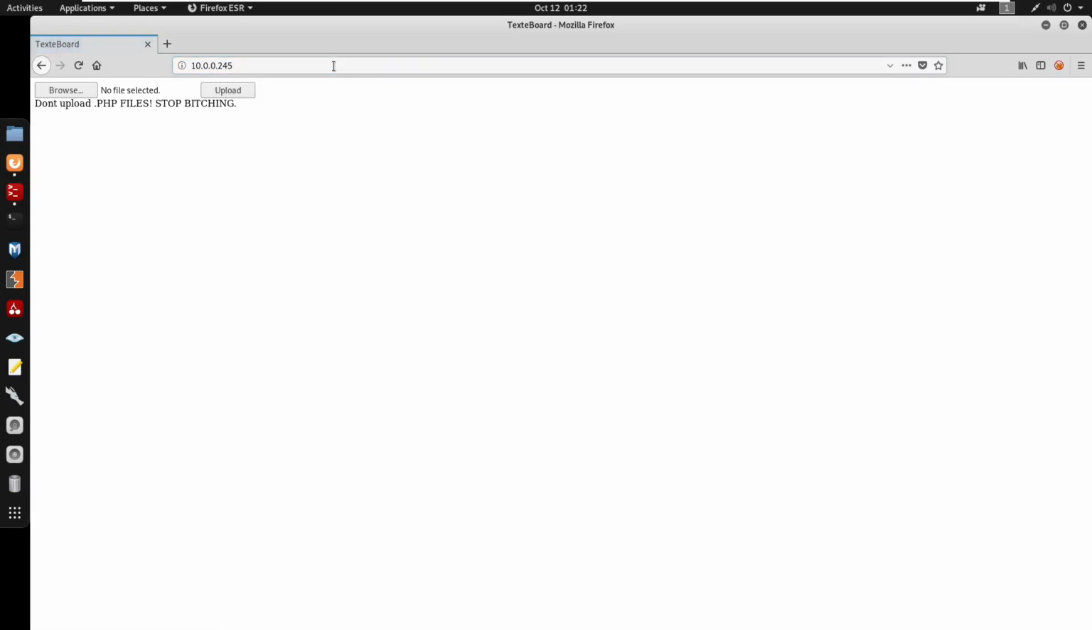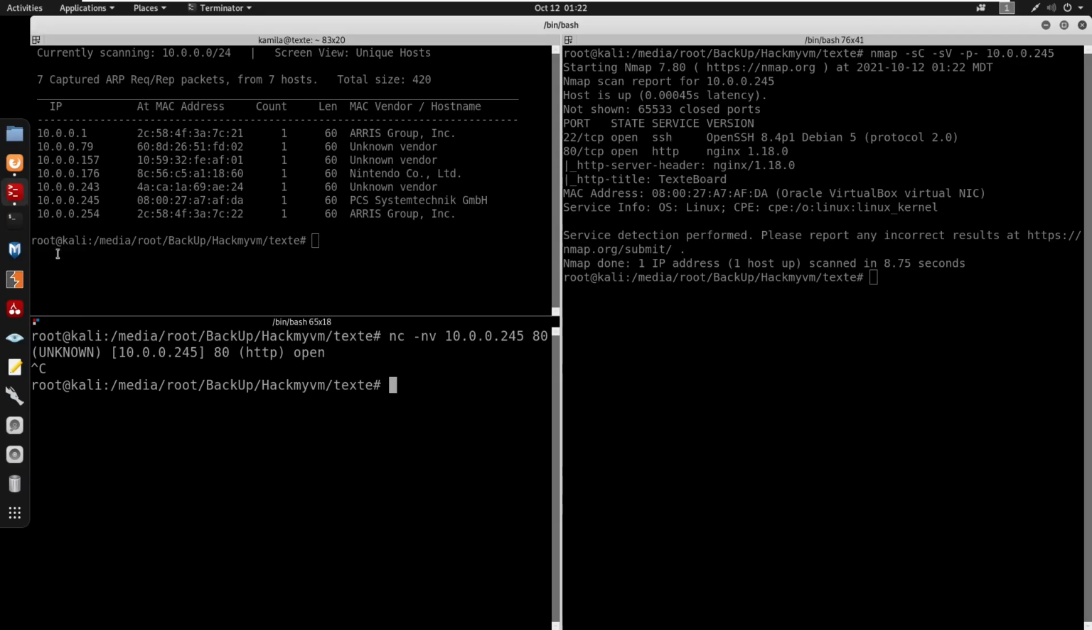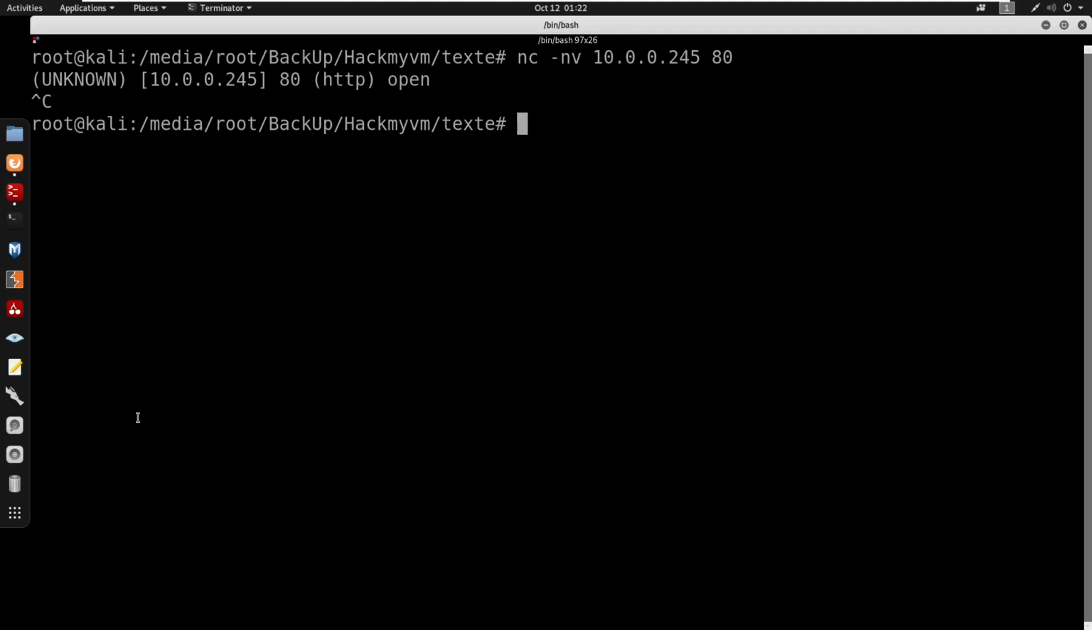So I'm going to start by visiting the IP address. And here it is telling us to not upload PHP files. So I'm going to start by doing some enumeration. And what I'm looking for right now is to see if there's a file location for where the files are